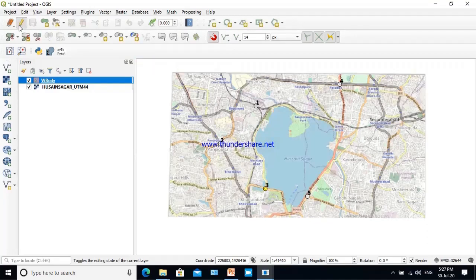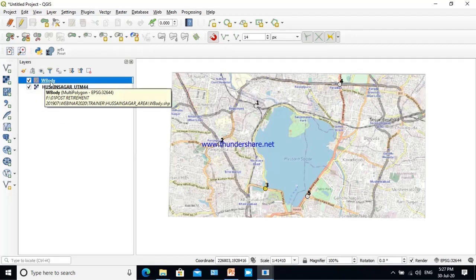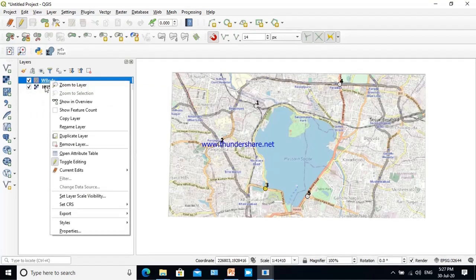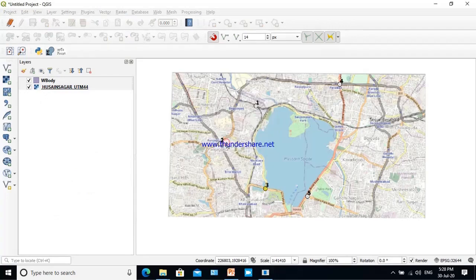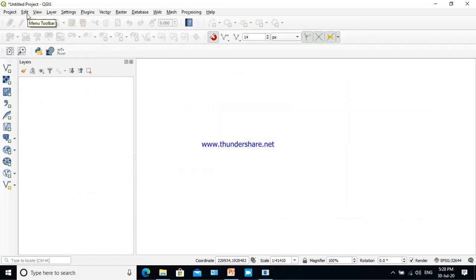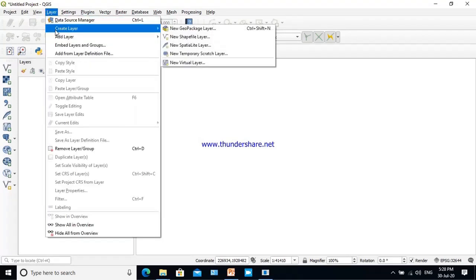So this way you have to digitize and populate the attribute and geometry fields, and once digitization is over, you have to come out of the edit environment by toggling the edit, and close the digitization work. So let us come out.